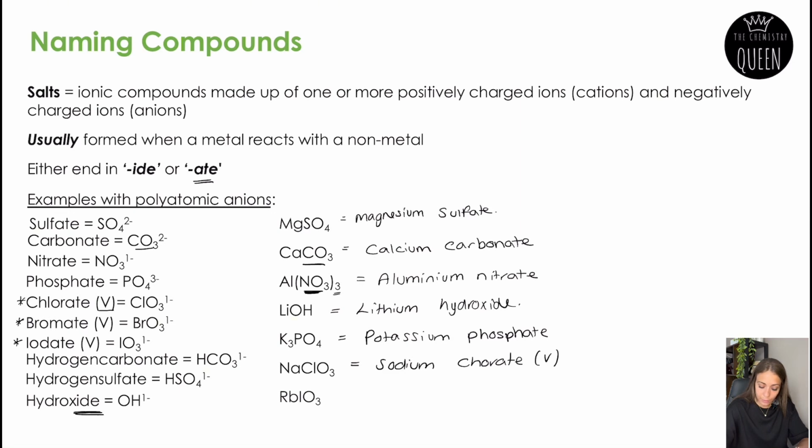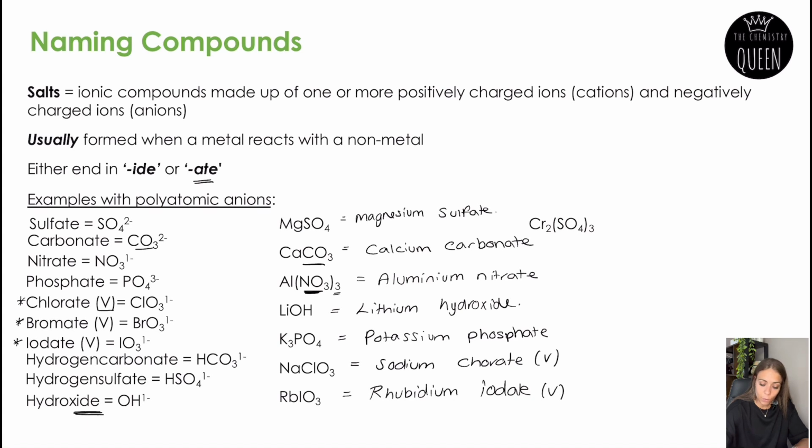RbIO3. So IO3, if you have a look at the list, is iodate 5, and Rb is rubidium. So we want rubidium iodate 5. Got any more? Yeah, so we've now got